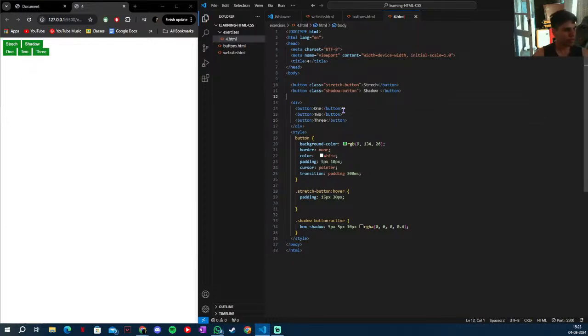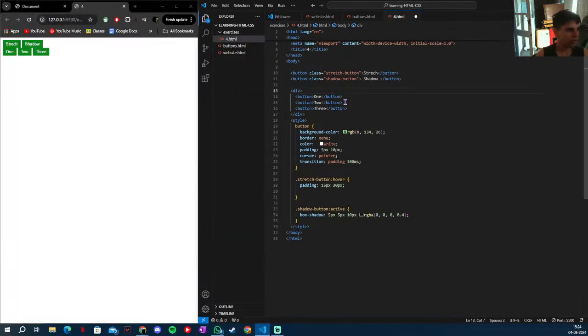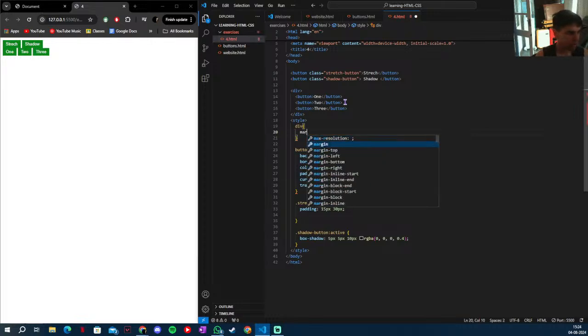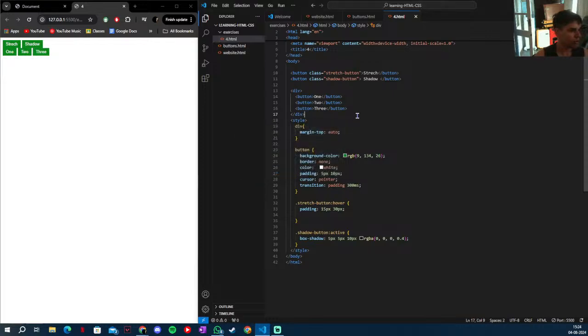How do I get a space here? Oh, I can do on top here. I don't even need because this is only the only two. So I can just come down here and I can do div and then you can see the margin. So auto is not doing it, so